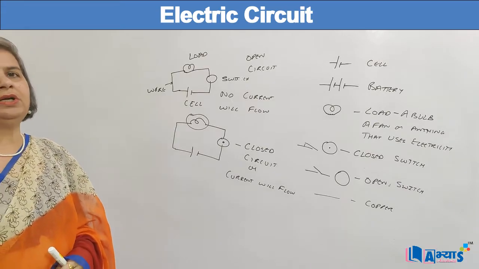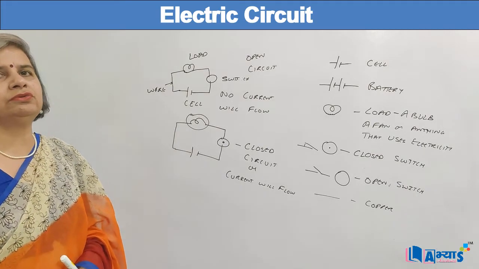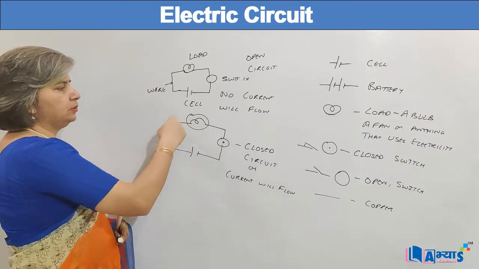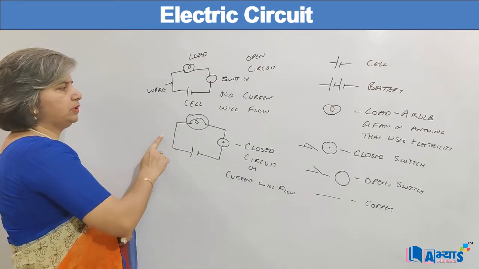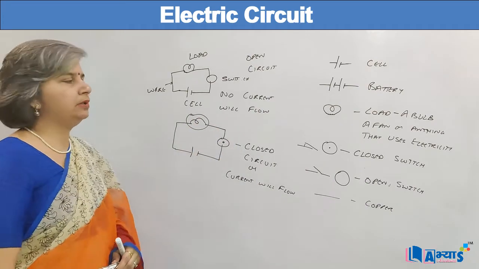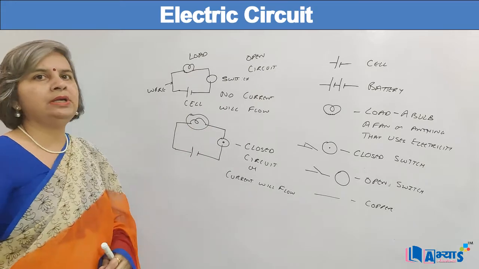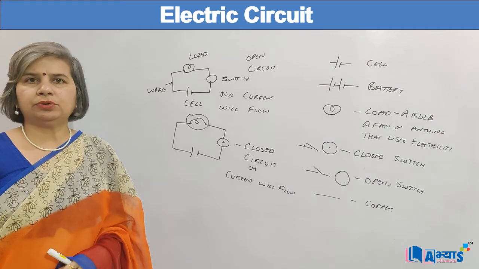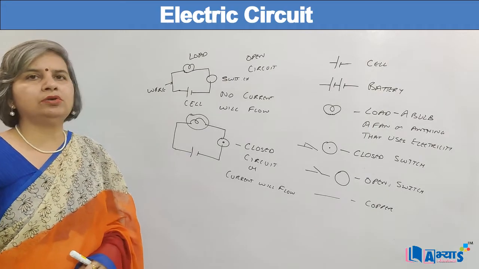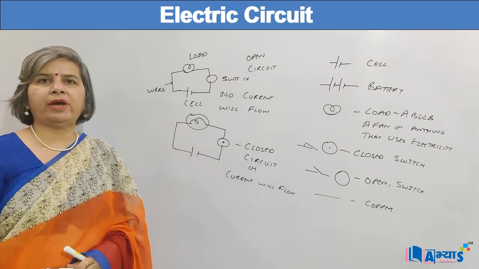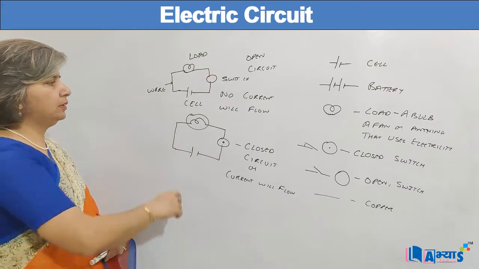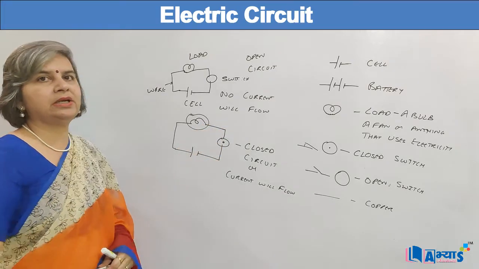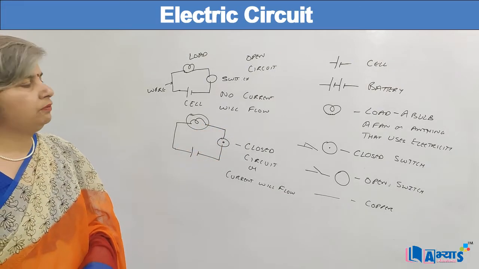This is the conventional direction of the current. That means the current flows from the positive terminal to the negative terminal, and while it starts from the positive terminal, it goes through the circuit. In between, it passes through the load, and whatever the operations it has to perform. Suppose the load can be a fridge, a TV, a fan, a bulb, anything, and then the current will flow back to the negative terminal, and it will complete the circuit.